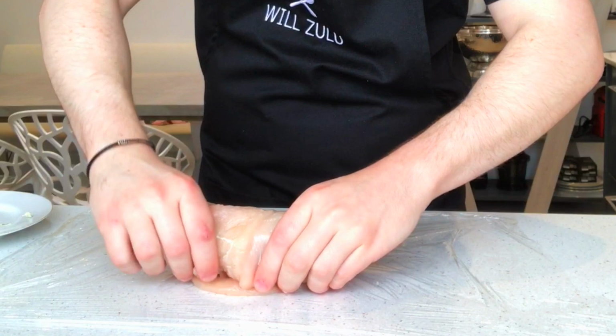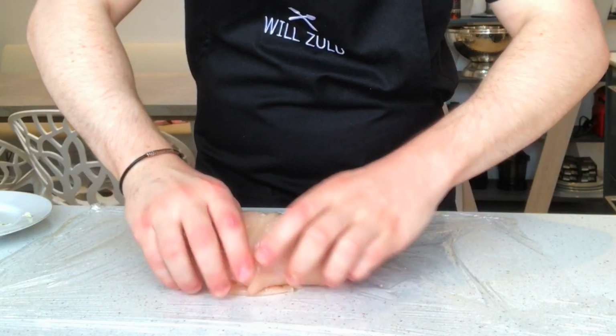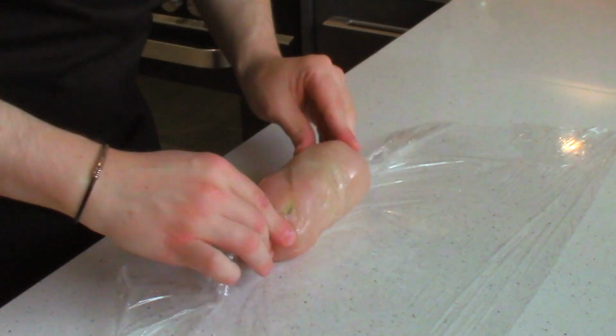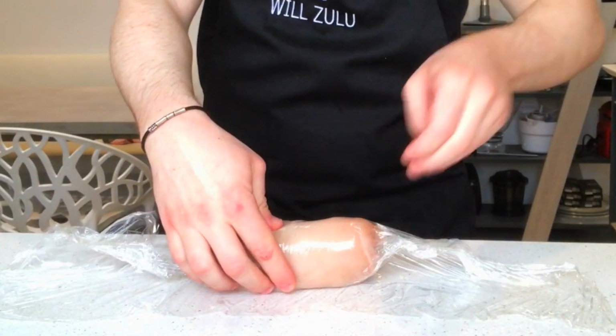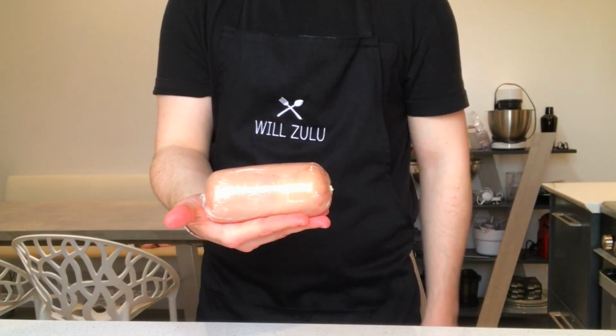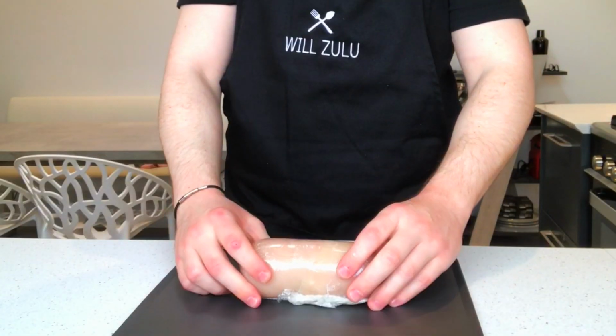it's nice and compact. And once you roll the chicken up into a log shape, you're going to tightly roll it up in cling film, tucking it in, making sure that no air has got inside and it's nice and tight. Once it's nice and tight, that's going to make sure it keeps its shape. Now you're going to pop it in the freezer for about half an hour to an hour to firm it